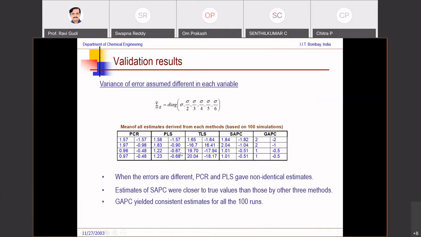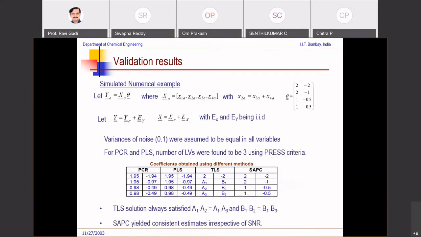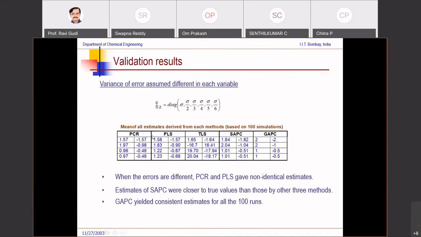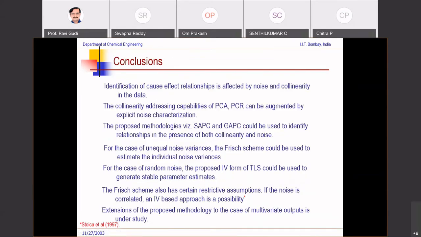Okay, so in general, when I have a bad X, meaning collinearity, noise variances are different and the like, there is a very reliable algorithm called generalized augmented principal components, which can give you very good, robust estimates closer to the true values. Now, one also has to do some kind of error analysis with respect to this,